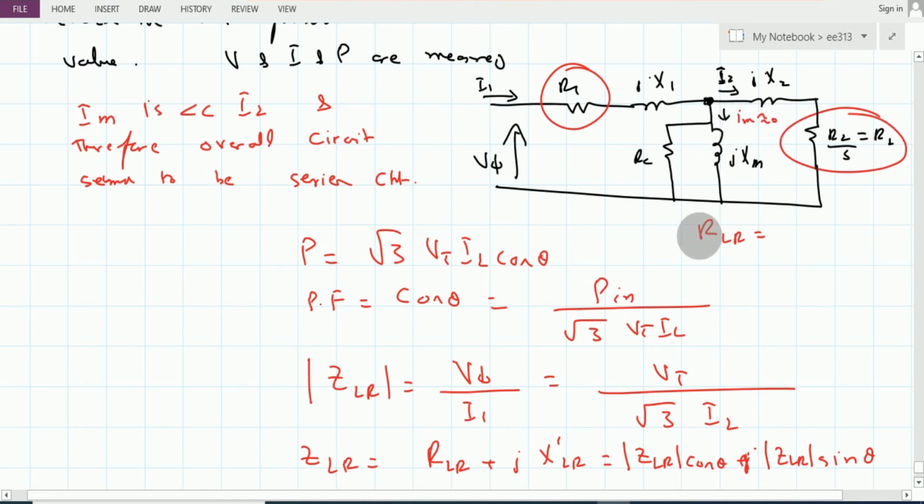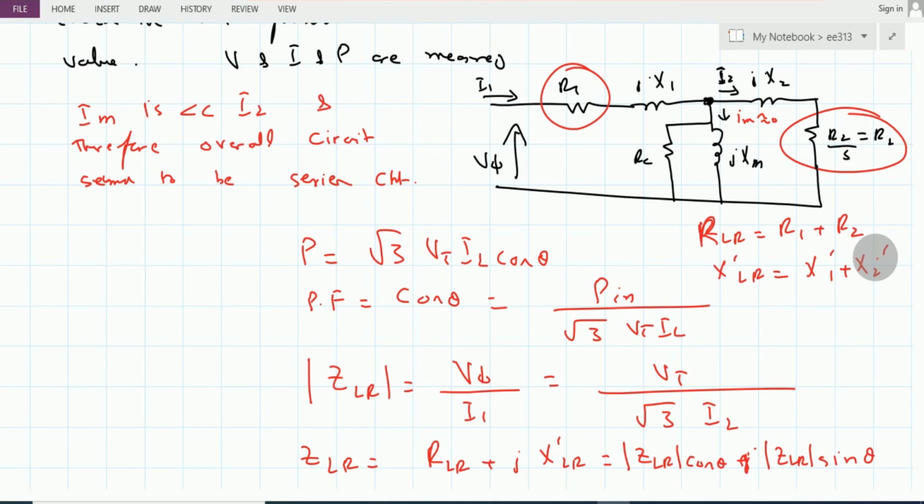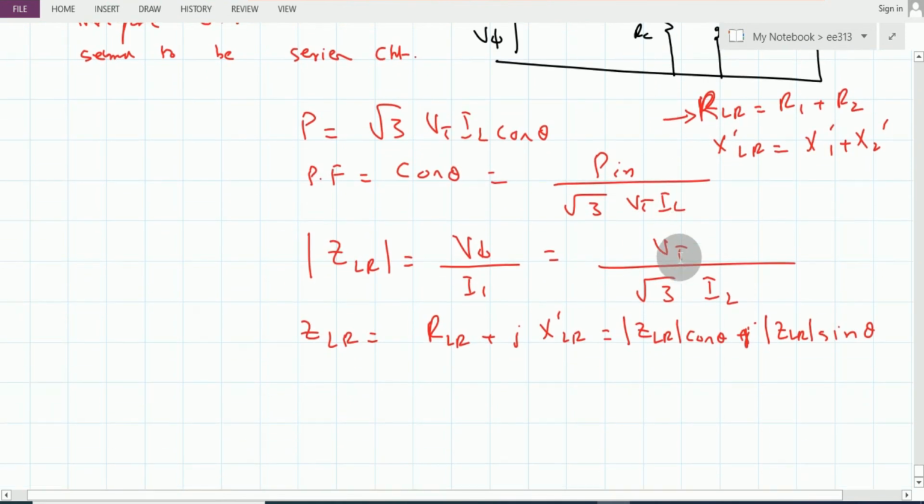So the total resistance in a locked rotor test is the sum of R1 plus R2, and similarly the locked rotor reactance X'LR is equal to X1' plus X2', where X1' and X2' are measured at the test frequency, not at the rated frequency. So now the value of RLR, which gives the rotor resistance R2, can be calculated by using the resistance R1,